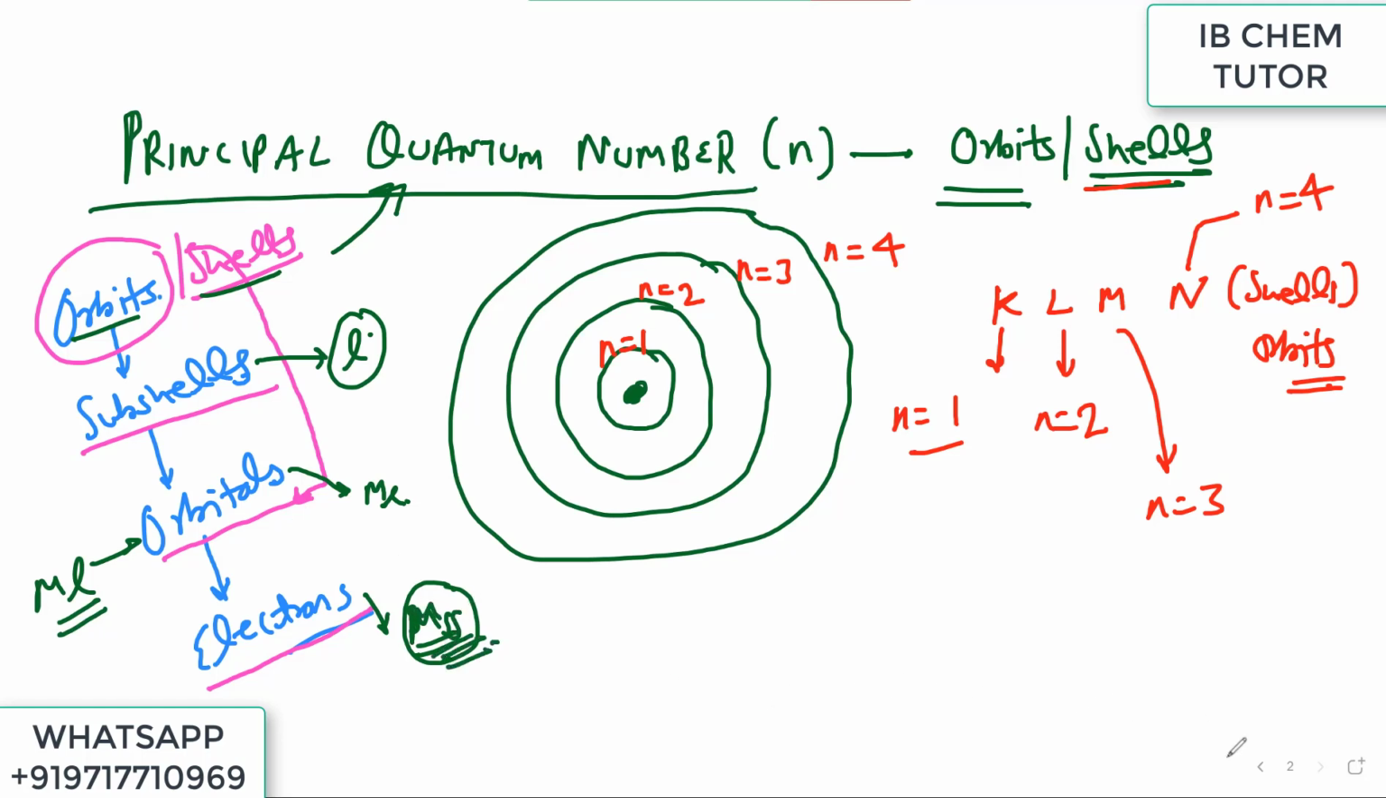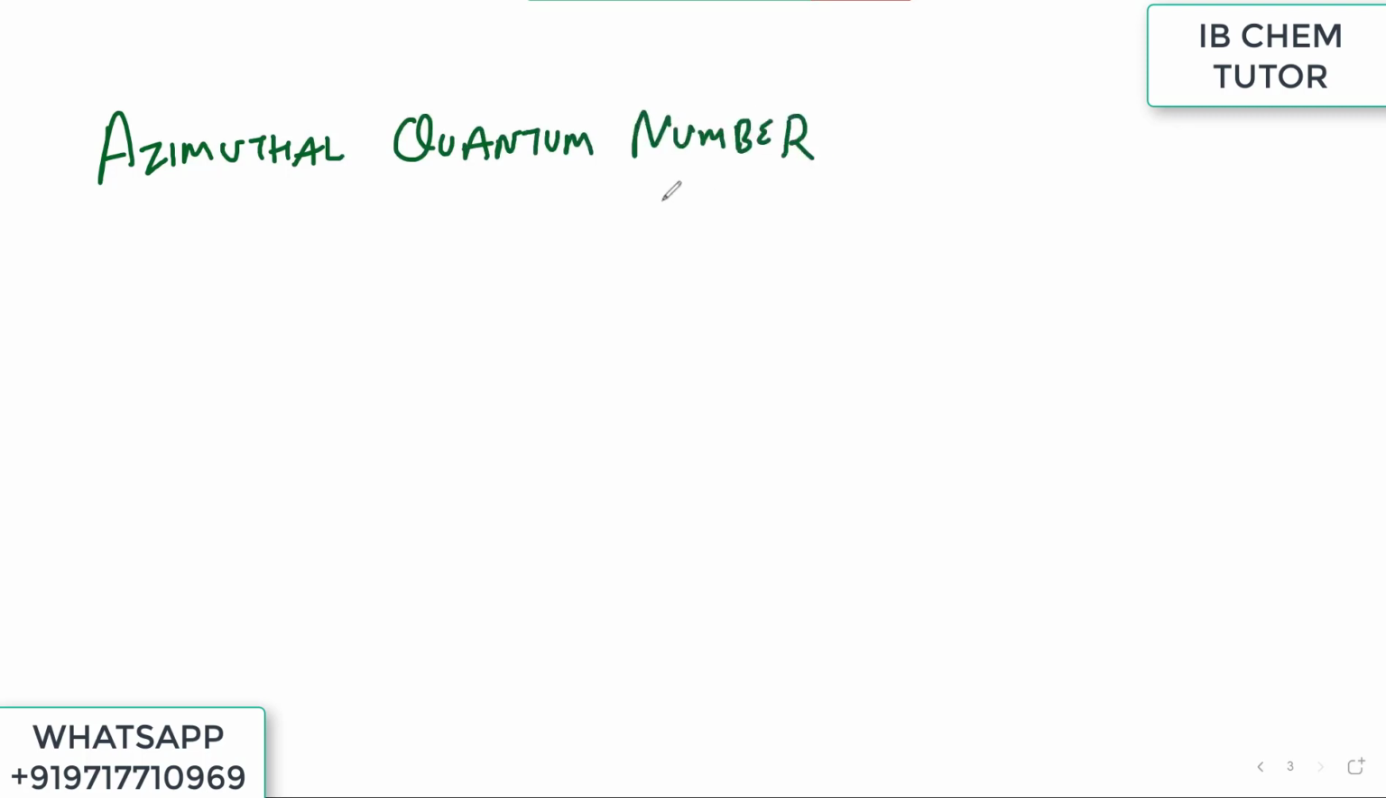Okay. So this is, I think, clear to you. Now, after the principal quantum number, I will explain to you about the azimuthal quantum number. So now it's pretty much clear that the azimuthal quantum number gives you